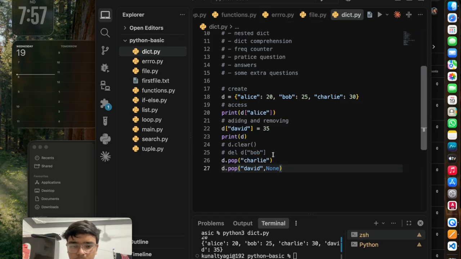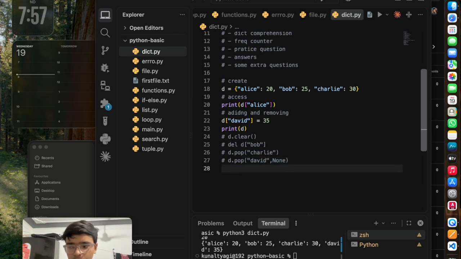What does it mean? If David exists, it will remove David and give you its value back. But if David does not exist in the dictionary, you will get none as a default return. So you can also define a default return type, and that's how you can remove something from a dictionary.